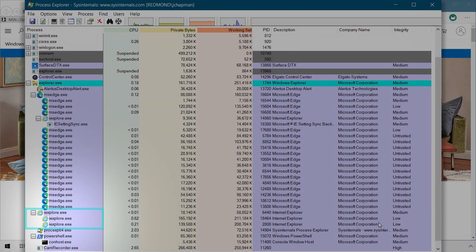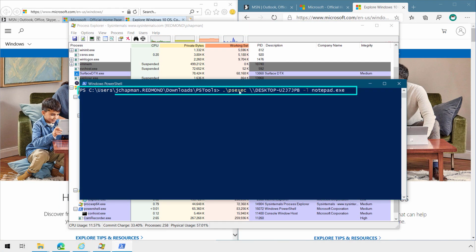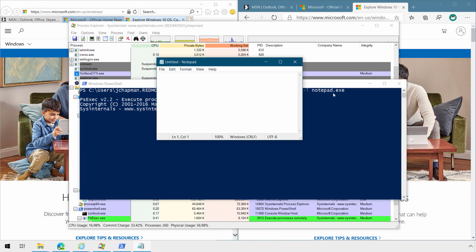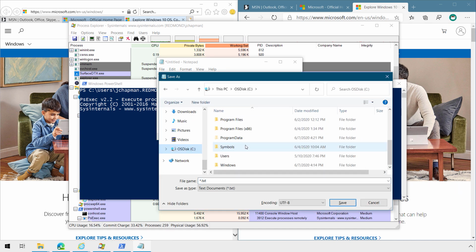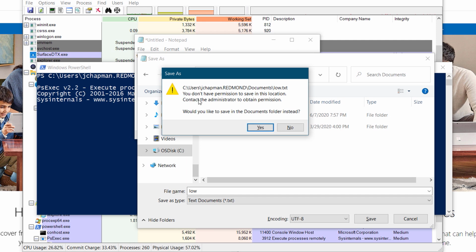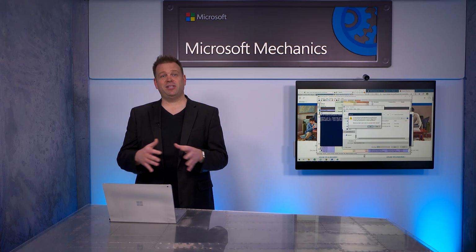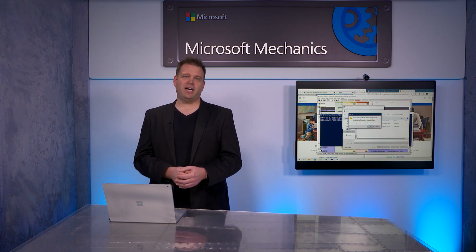So we can emulate the integrity level by running notepad.exe with psexec in low integrity mode. We'll do that by using the L switch, and that will open up Notepad. So I'll go ahead and type test, then I'll save it to my documents folder. And just to prove it, I'm going to navigate to my local disk and documents folder in my user profile. Now I'll give it a name, I'll call it low, and it won't save. In fact, Windows recommends to save it to the location where I currently am. That means that those untrusted processes that we saw in Edge, they can't write to our local disk either.